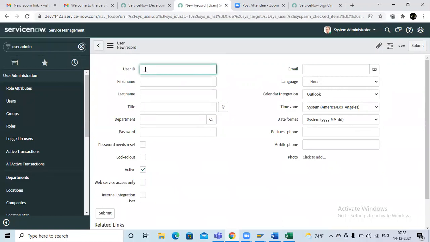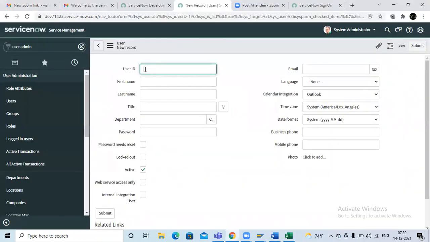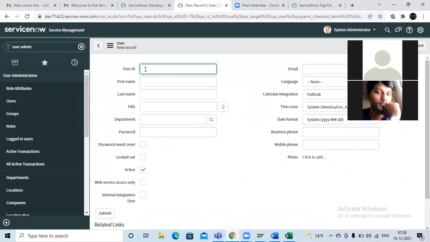The first one is user ID. What do you mean by user ID, guys? Username. User ID is always, as I showed you in my SAP login access, my ID card and my user ID are both the same. The system will create it with your name combinations, like your ID card number, your employee ID. So I'm creating first an end user, Lavanya 123.